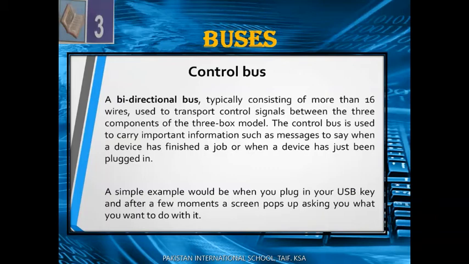Some of the control lines are output from the microprocessor and others are input to the microprocessor from I/O devices. So the control bus width is in the range of 8 to 16 bits. Basically, the control bus provides synchronization and the control signals which are used to control all the activities and provide synchronization between the address bus and data bus.